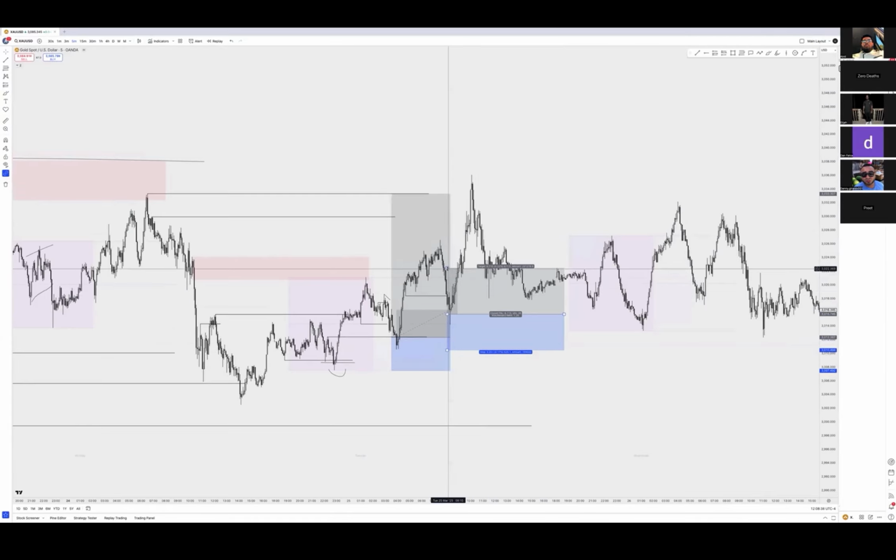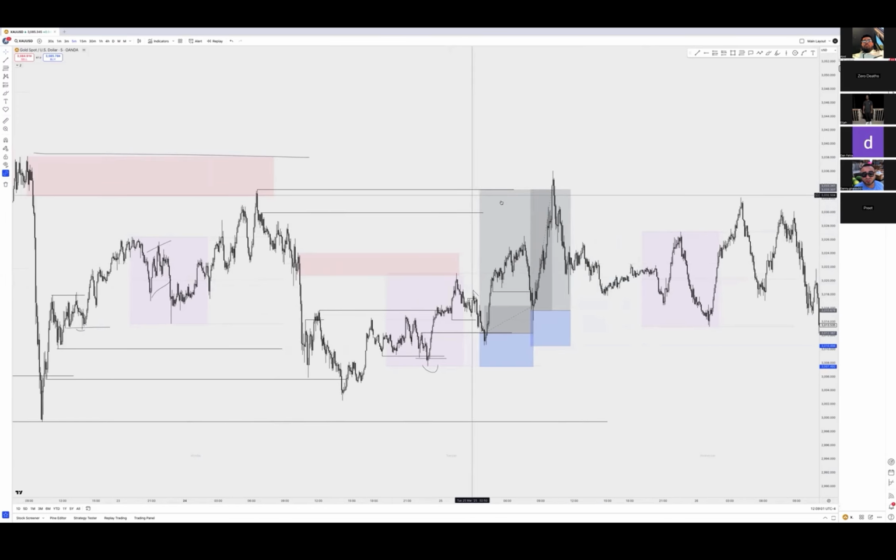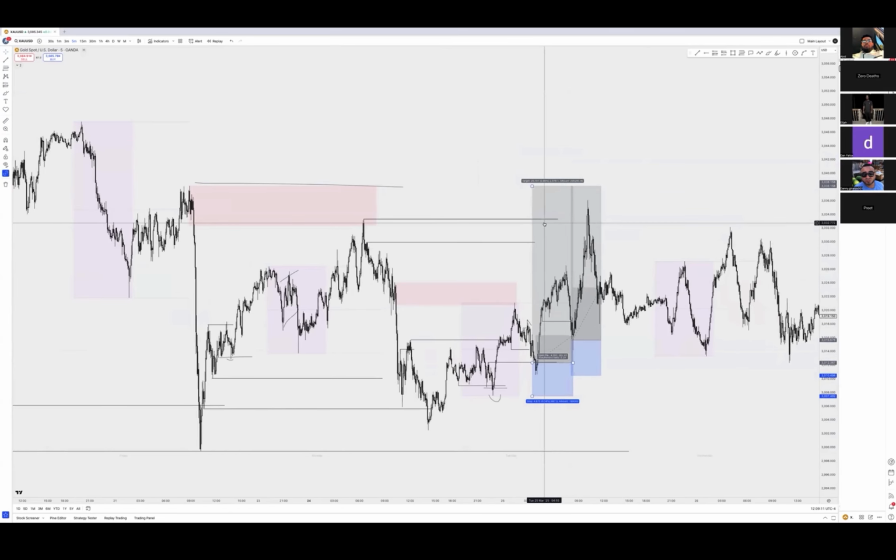Personally, I don't go for like 1-2s or any of that. So I mean, this wouldn't make sense to me. But yeah, there you go. Enter right there or even higher. It doesn't matter at the end of the day. As long as it gives you a 1-3, honestly, for me, that's good. I know some people might take 1-2s, but that's just not me. And then just targeting the highs, right?